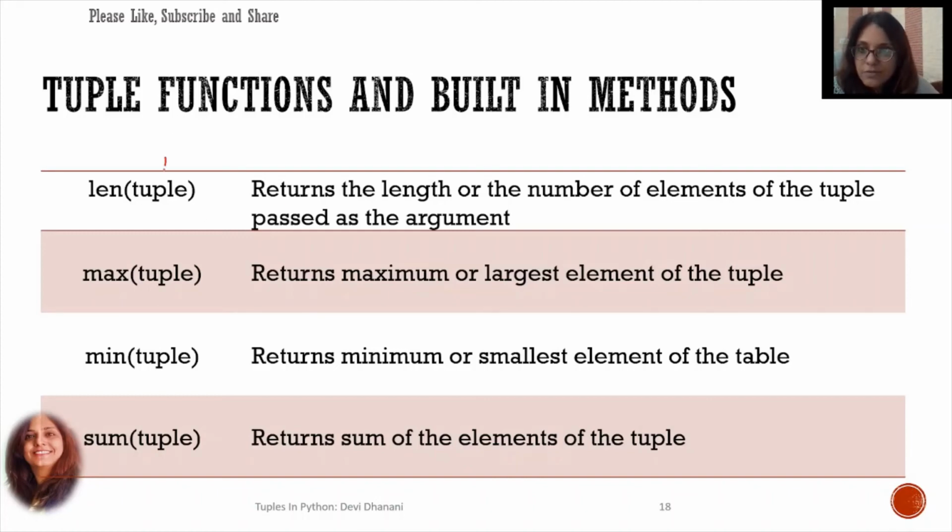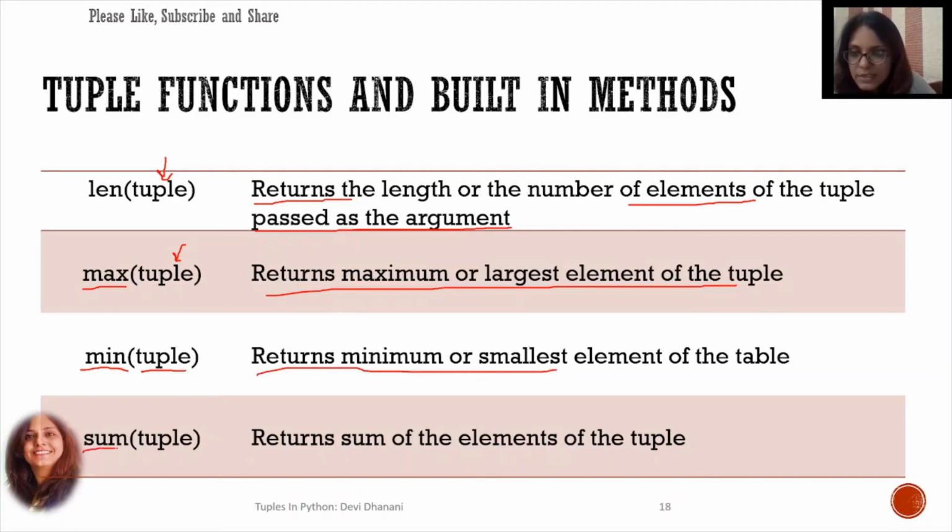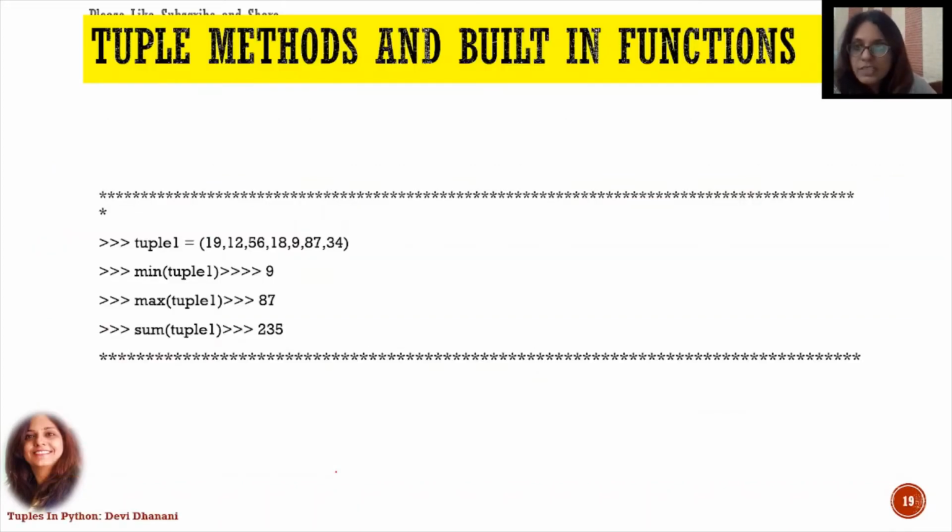So the len function, as we have seen in other data types as well, returns the length or the number of elements of the tuple passed as the argument. Similarly, for the max function, the argument to be passed is the tuple itself. It will return the maximum or largest element of the tuple. The min built-in method again requires a tuple as argument. It will return the minimum or smallest element of the tuple. And the sum function also requires the tuple as the argument, and returns the sum of the elements of the tuple. So let's have a look at